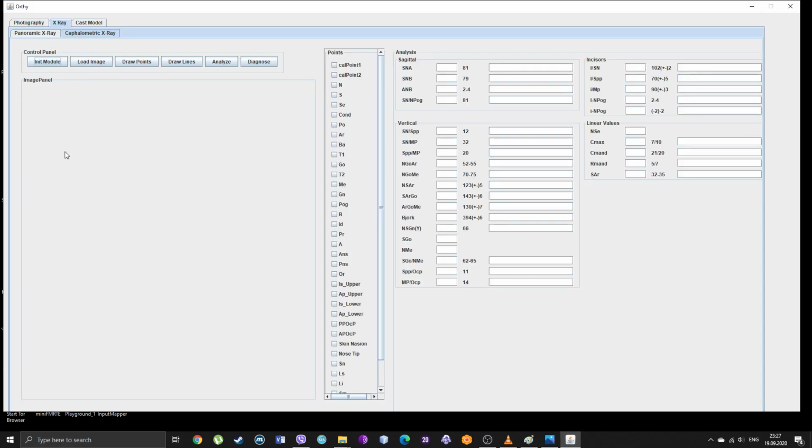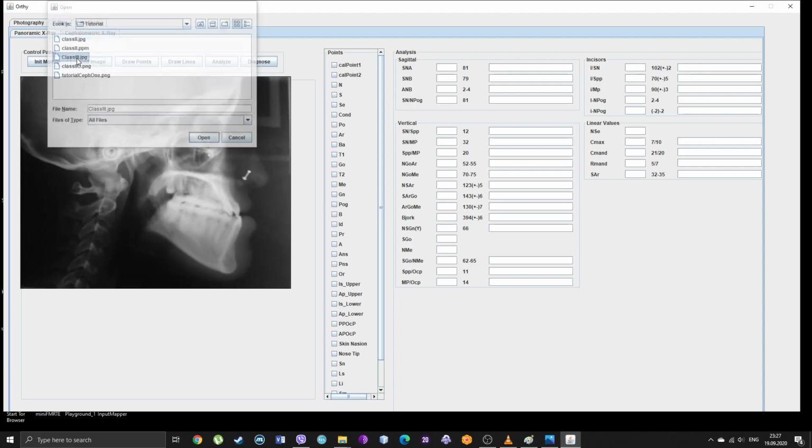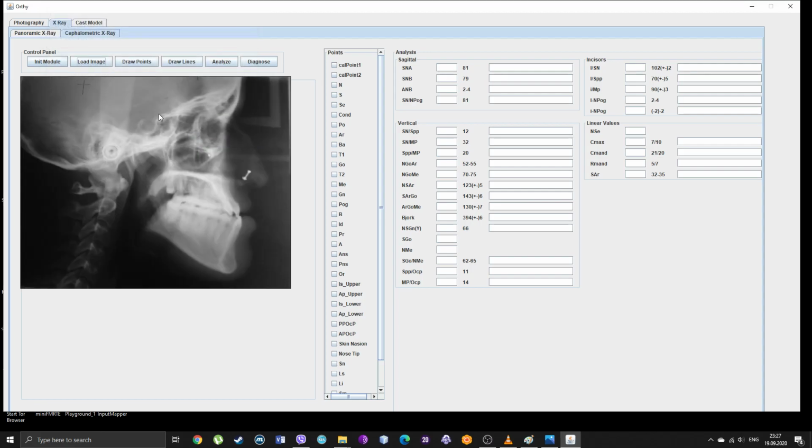We go init module or start, we load an image, and then we go to our folder or to the destination where our image is placed, and now we're going to do a class 3 patient. Again, this is a stock image I found on the internet. It's not so nice, but for presentation purposes it should work. Now, as you can see, there are no calibration